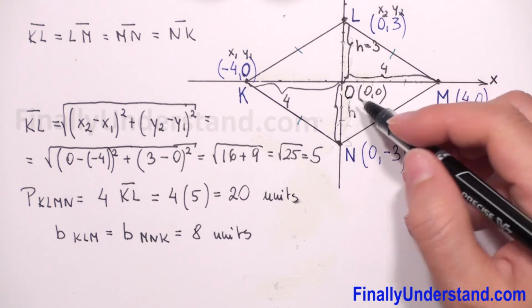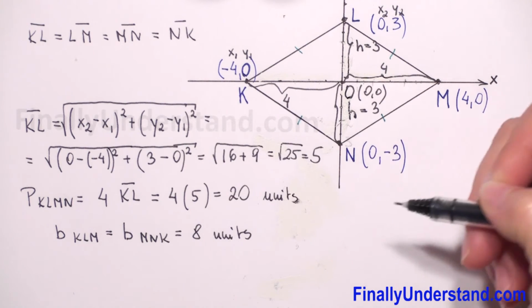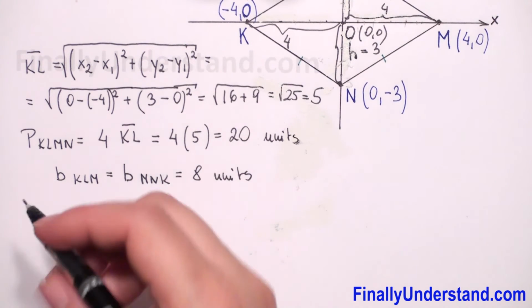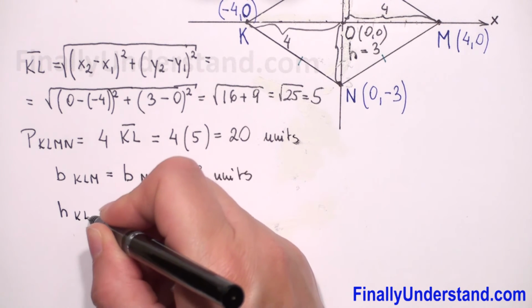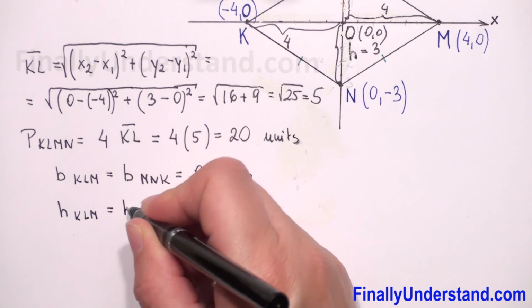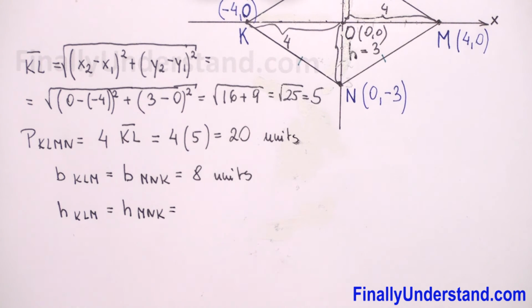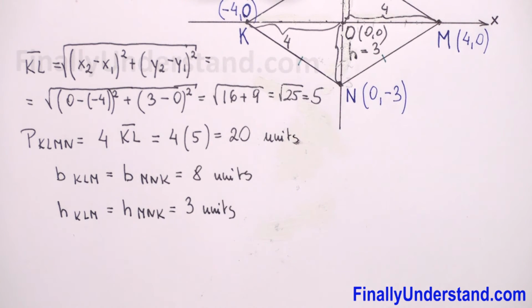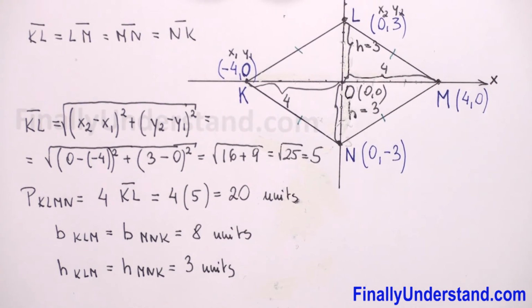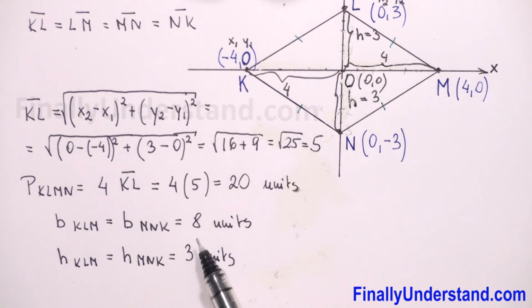Now ON is 3 too. So I use the same letter H. So we can write that the height of triangle KLM is equal to the height of triangle MNK and is equal to 3 units. We have the base, we have the height. So now to find the area of our triangle KLM, because we have the same base and the same height,